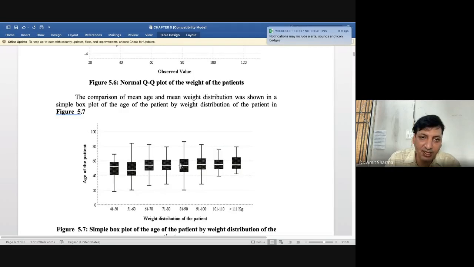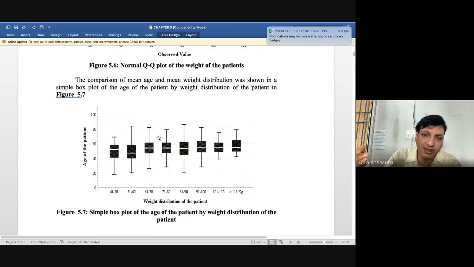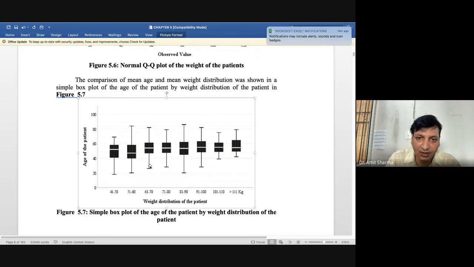Like here, you can see age, which I have discussed on the top earlier. Now here I can discuss the age with the patient weight. I made a graph called a box plot. It is called a box plot because small boxes are there, and the top edge represents the highest value, the lower arrow represents the lower value, and the white line represents the mean of that particular group.